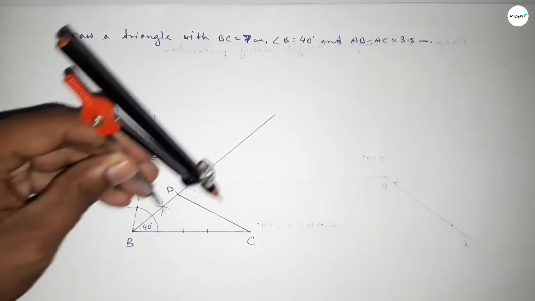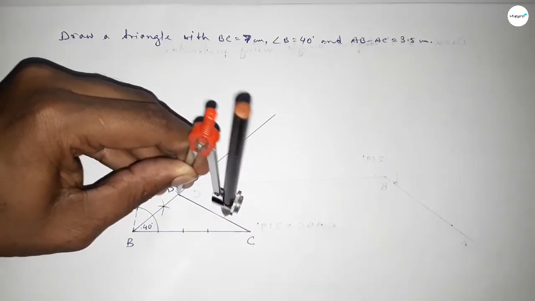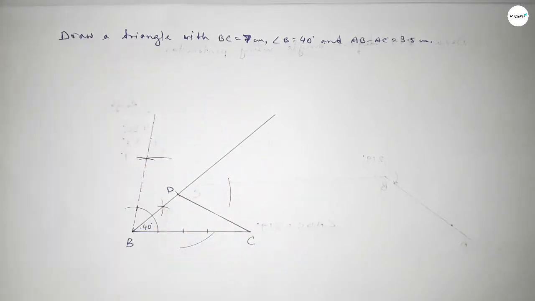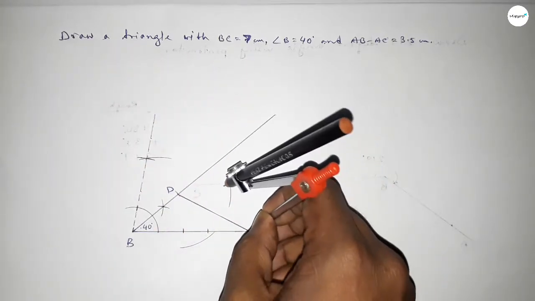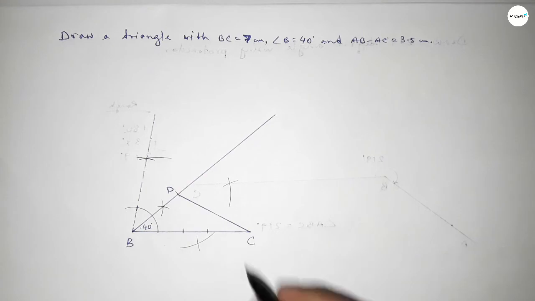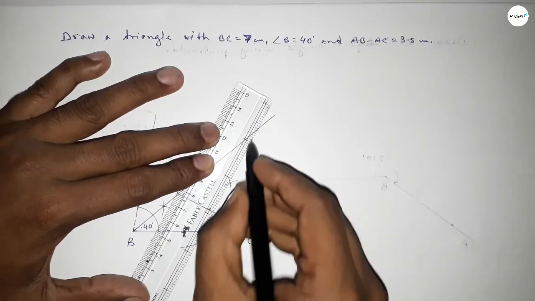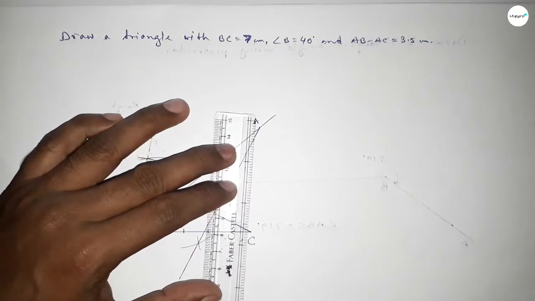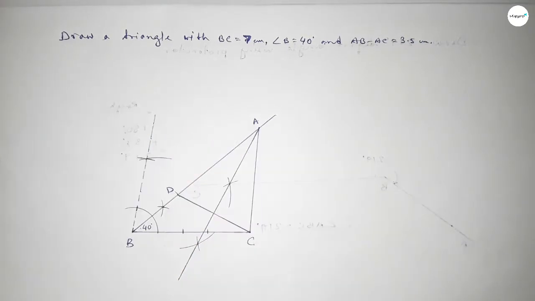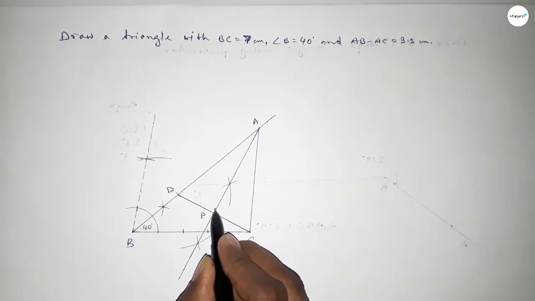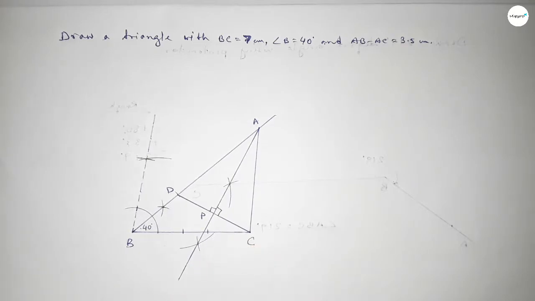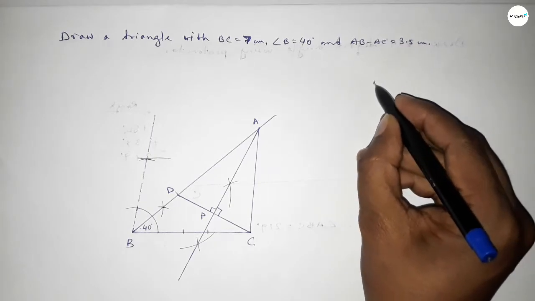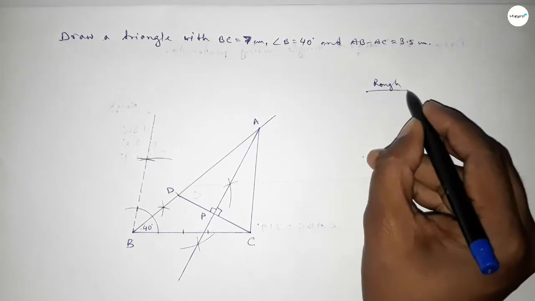Next, bisecting the DC line. So putting the compass on the point D and taking greater than half of DC and drawing an arc this way, with the same length putting the compass here and cut here and cut here. So both the curves intersect at two points. Now joining this line, which meets the line at a point A. Now joining A and C to get the triangle ABC, and taking here point P, and this is perpendicular to the DC line. So now roughly discussing some calculation here.